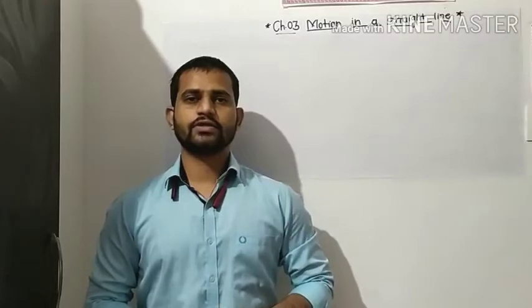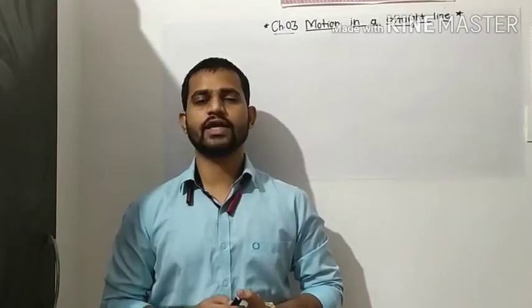We have started the third chapter from our 11th Science CBSE board for the subject physics. In the previous lecture we have learned about graphs and how the slope of a graph is important to find out the third quantity. If we have two quantities and there is some relation between them, then we can find out the third quantity also. So that is the use of the slope of a graph.